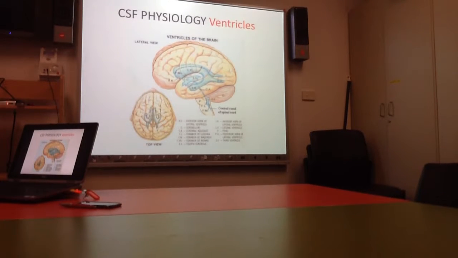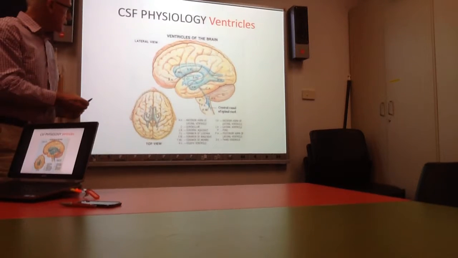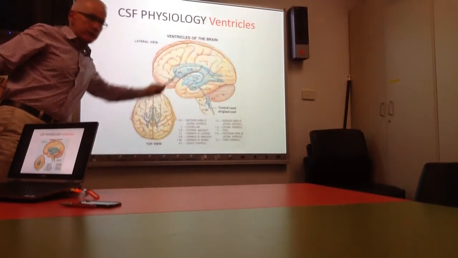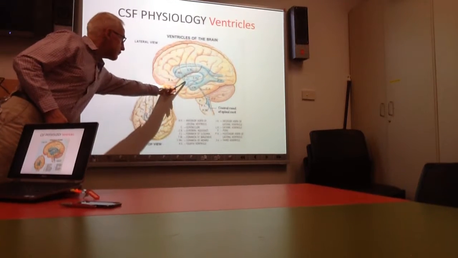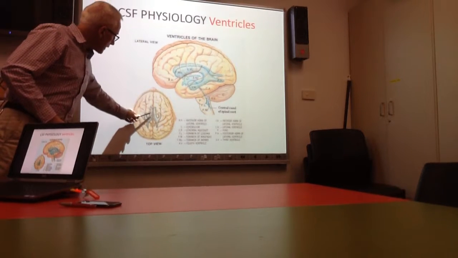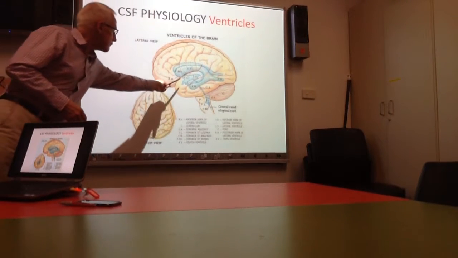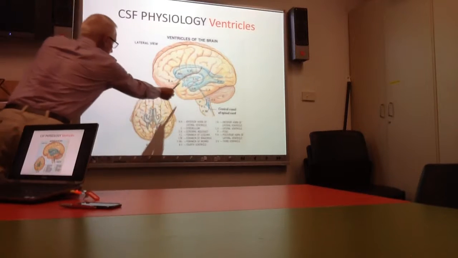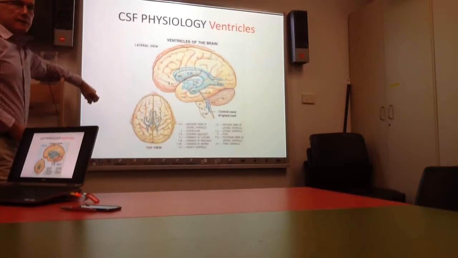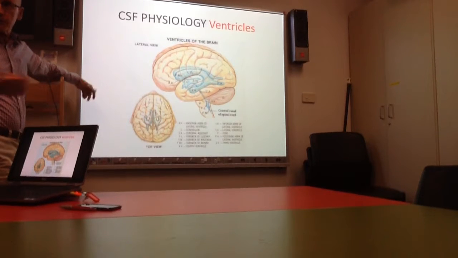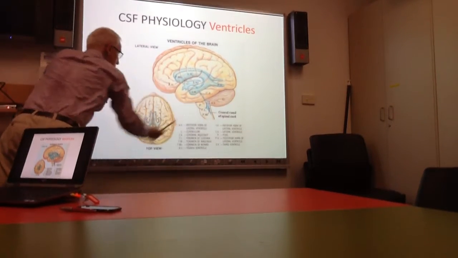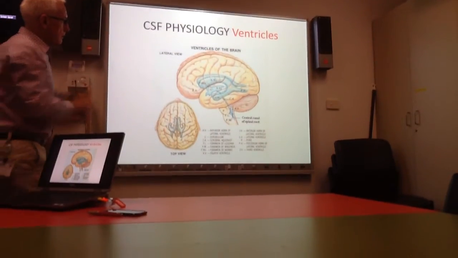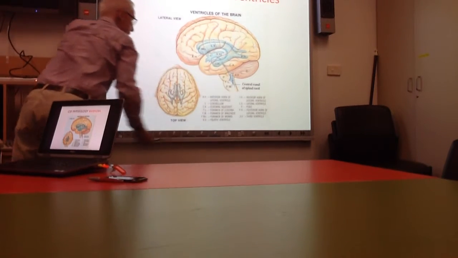So, just to revise the anatomy of the CSF pathways, there are the two lateral ventricles, so that's ventricles 1 and 2, the left and the right. They don't actually have a number, but you do have a third ventricle. So the two lateral ventricles drain into the midline third ventricle, and that little round thing there is the interthalamic adhesion, which is present in only a small proportion of patients. The third ventricle then communicates via the cerebral aqueduct of Sylvius to the fourth ventricle, and the fourth ventricle has